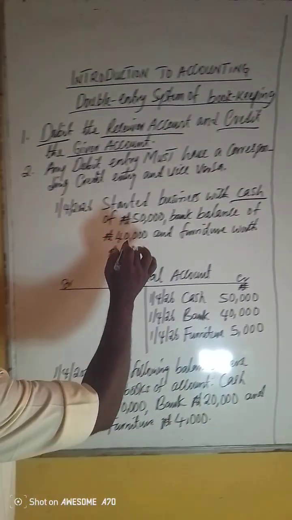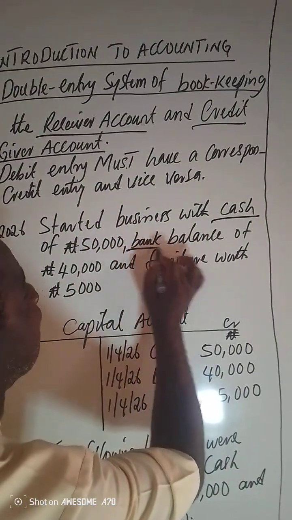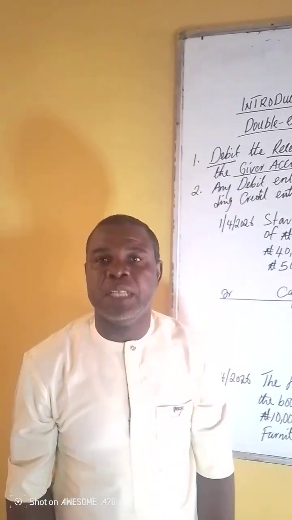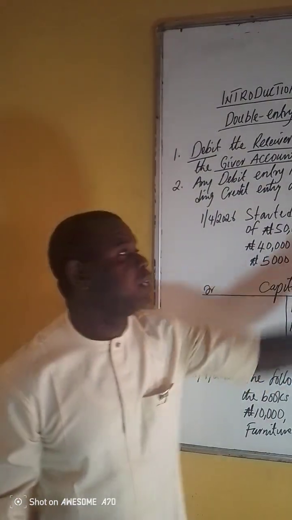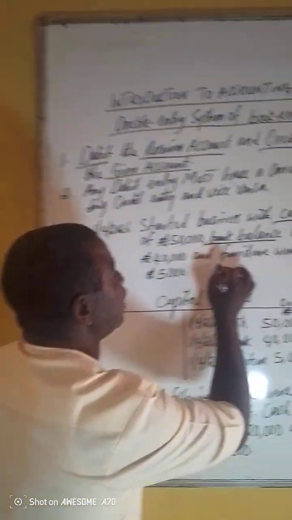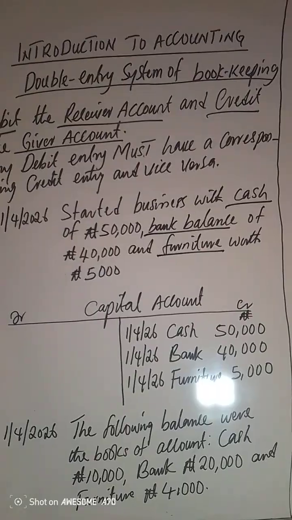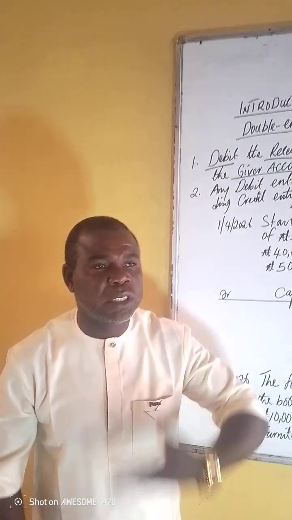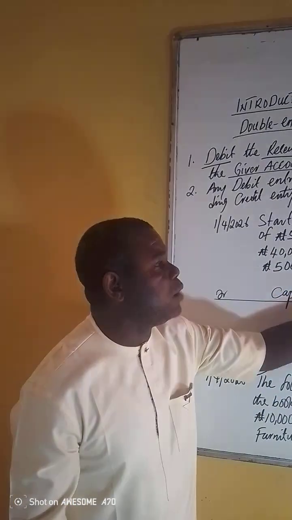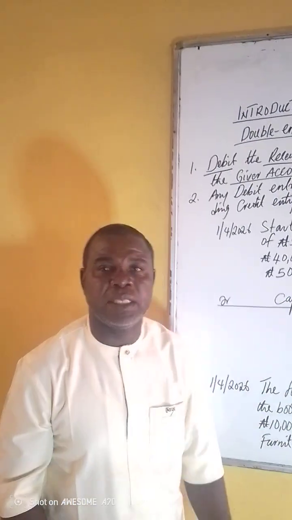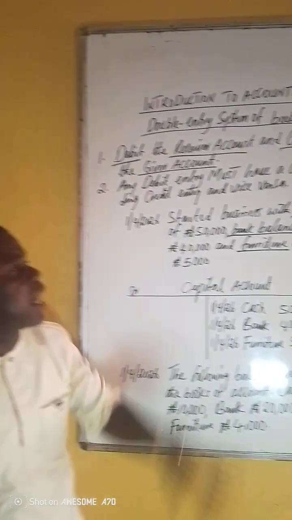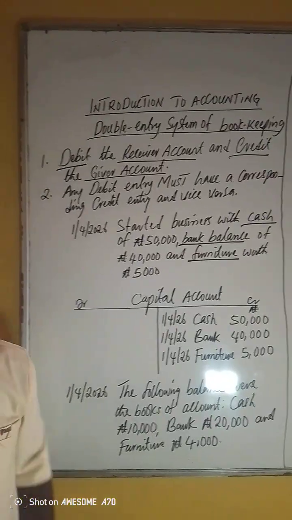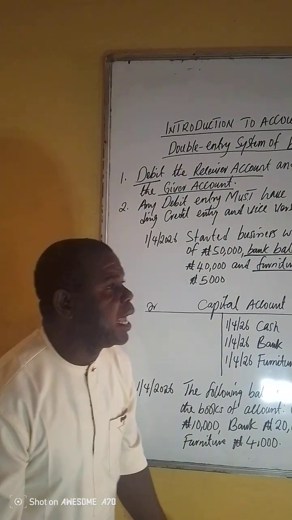So that the business will start. And secondly, the business is also given a bank balance. The money he has in the bank is also given to the business so that the business will start. The bank is also the giver account, cash is there. And the owner is also giving furniture. Furniture means he can have any item like a table or chair. He now decides to take it and put it into the business. The value of the table becomes what he gives to the business. So we are saying cash is the giver account, bank is a giver account, and furniture is a giver account. Then what is the receiver account? The receiver account here becomes